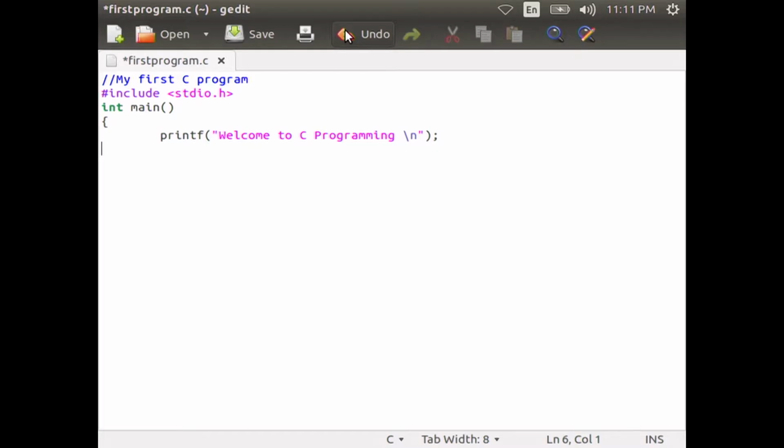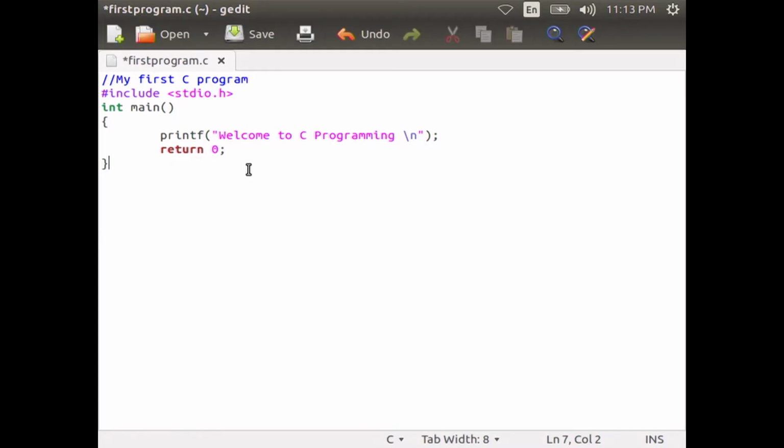Now, you move to the next line and put a tab space for indentation and type return space 0 semicolon. Return 0 statement returns the integer 0.